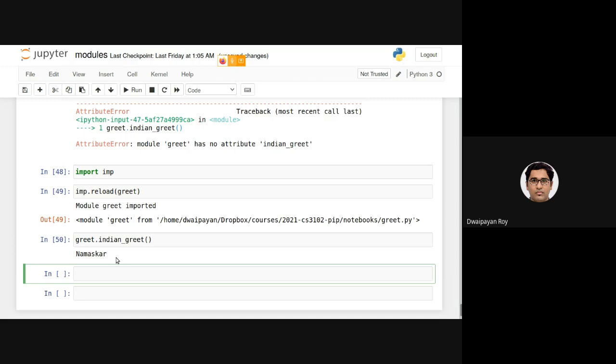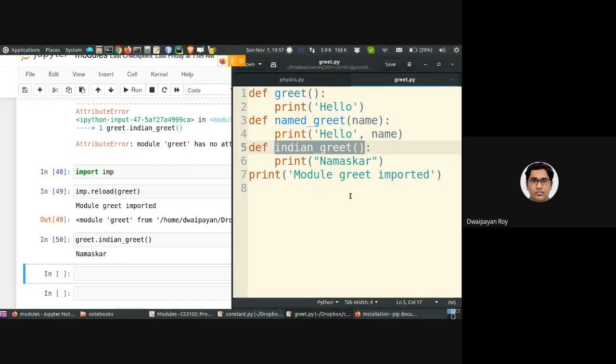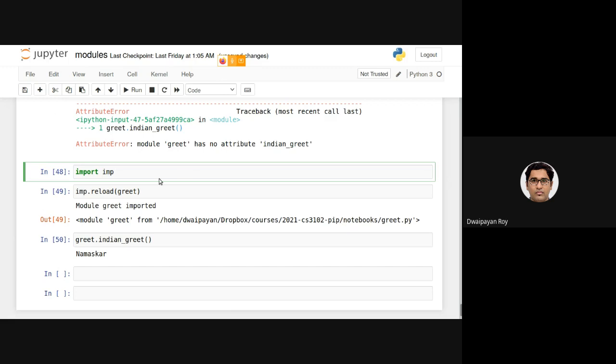So in sum, if you make a change inside your module or inside your Python program that you are using as a module, you need to reload it. There are two ways to reload a module. One is a very lame way, that is restarting the entire interpreter. A better solution is to use a module called imp. There is a function inside this module called reload, which takes one parameter, the name of the module that you want to reload, and it will reload the module.